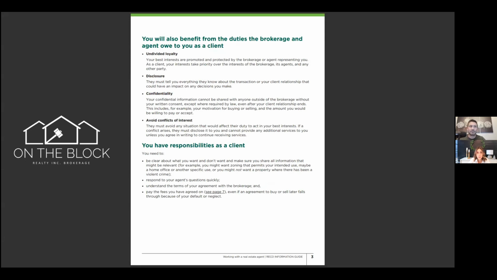Your information is prohibited from being shared with anyone who is not a part of the representation agreement. That could mean all members of the brokerage if you are subject to a brokerage representation, or be subject to confidentiality to your designated representative alone, which we will discuss later in the guide. In any case, your confidential information is protected forever by virtue of your client relationship, unless law requires a disclosure or you give consent to disclose information. Finally, you're protected from situations where your real estate agent would be in a conflict of interest that could affect their ability to act in your best interest unless you agree to continue working with them despite a conflict.